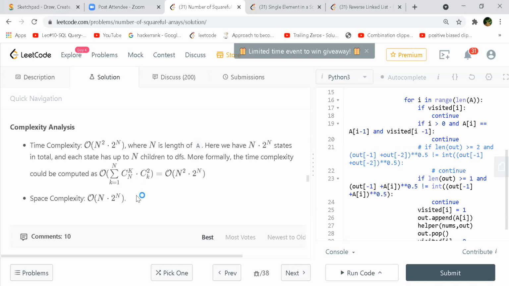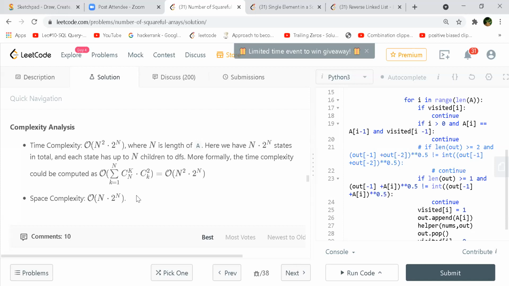That is the way you will always divide the combination. Usually if it is C(n, k), you will always get n square, and C(k, 2) will always be 2 raised to power n, right? Yeah. So then why that first C(n, k), out of n,